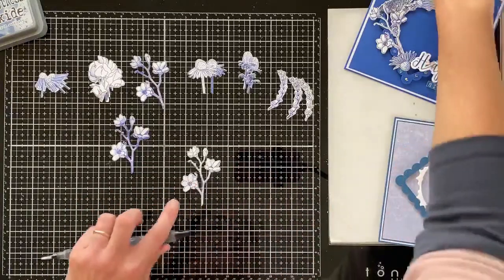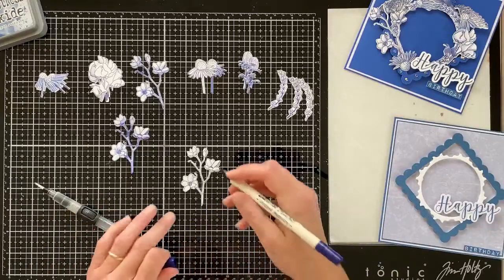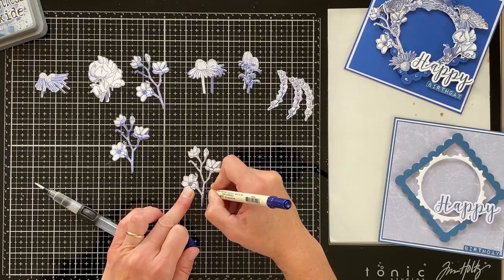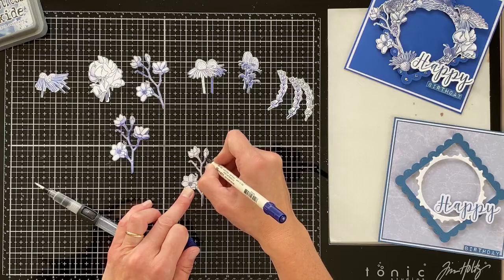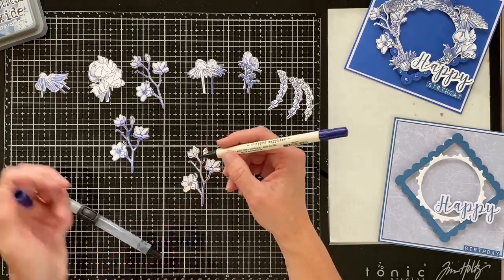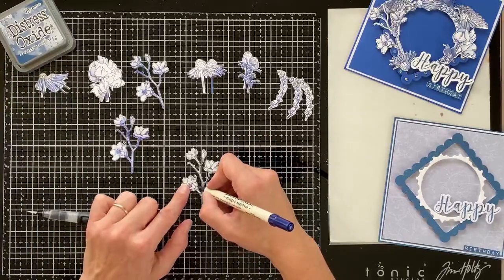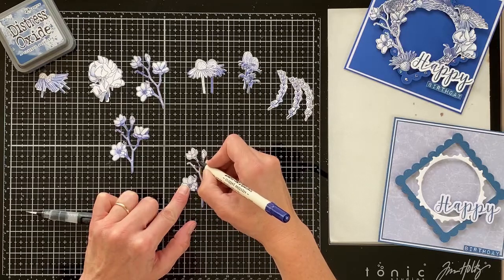Now we've got some stems here, and because we are just using the monotone, we have to be a bit mindful that we want some sort of light and shade to create some interest with these flowers. I'm actually coming in with a distress marker. It's chipped sapphire, so I'm still using the same colour as before, and I'm just going into the stems just to create some darkness